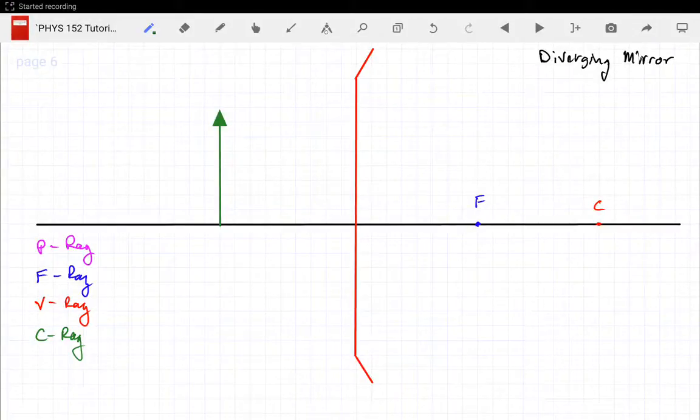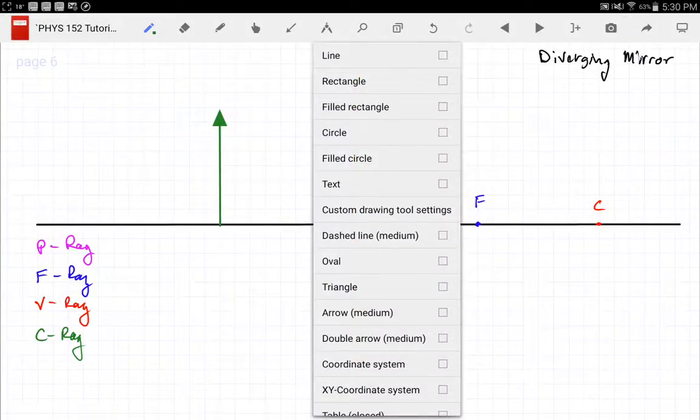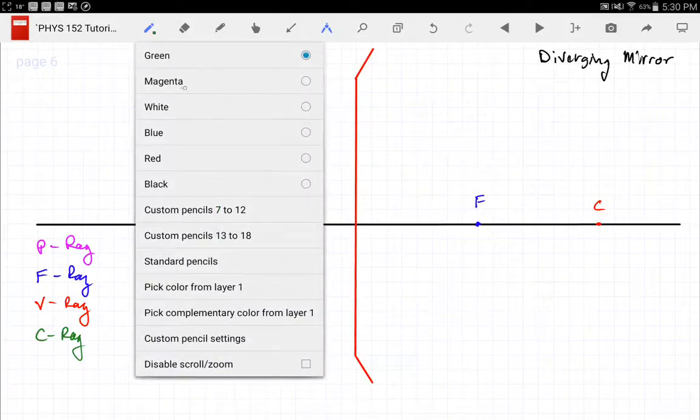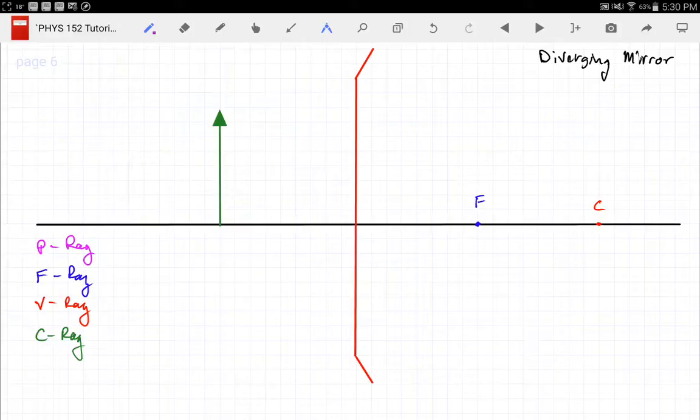Okay, our last tutorial is going to be on diverging mirrors. Of course, you don't have to watch this in the order I did them, but this is the last one in the order I did them. So for diverging mirror, I have my object out here, and I first make my parallel ray, starting at the